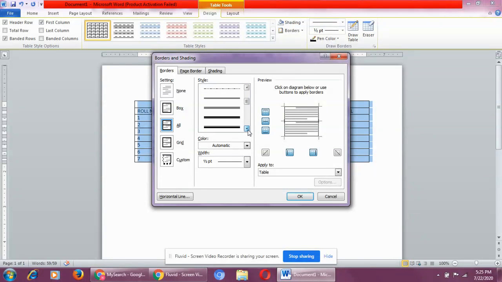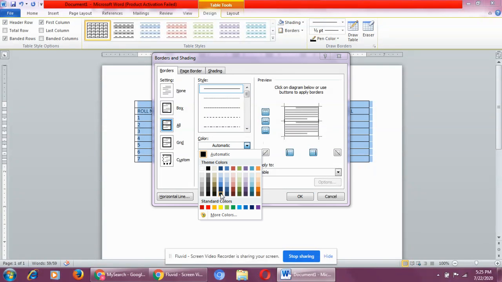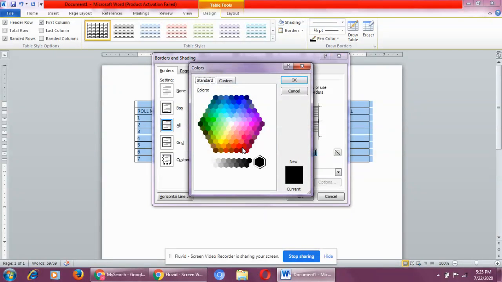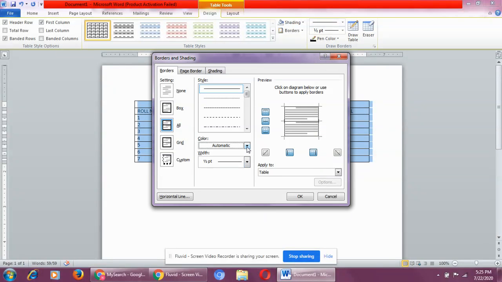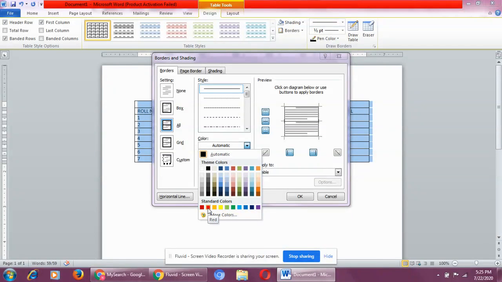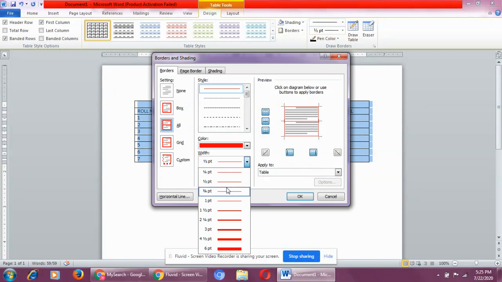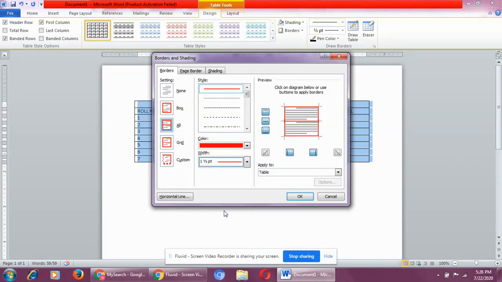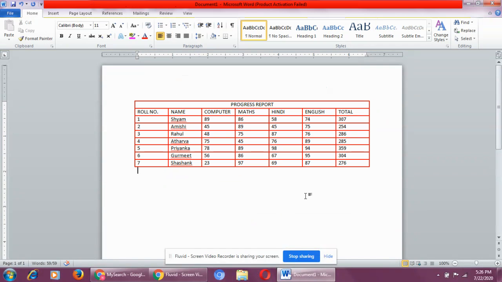Okay, I can take any lines. See, there are so many designs. That entirely depends on your choice, but I'll make it simple. I'll select this one. Color. Let's take something beautiful. From here you can choose any other color also. Okay, from more colors you can take, but let's make it simple. Red is prominent. Width, I want a little darker. Okay, can you see